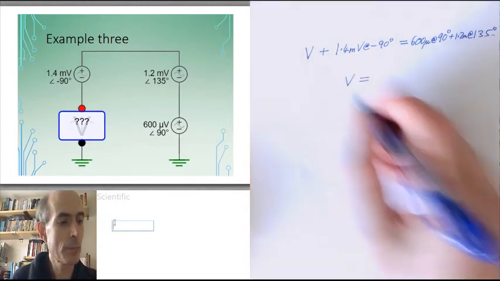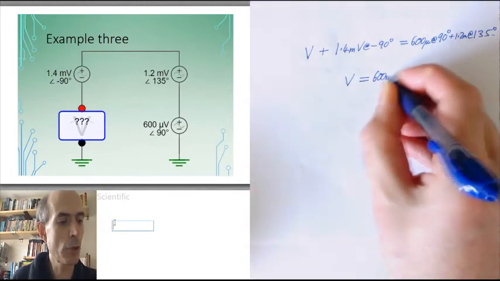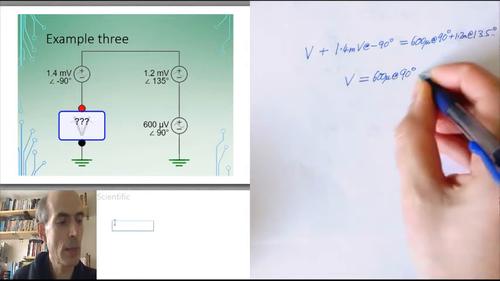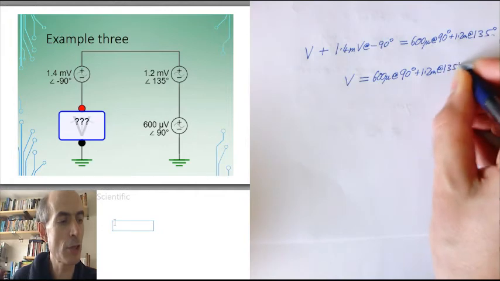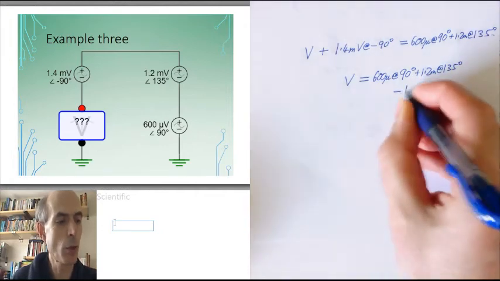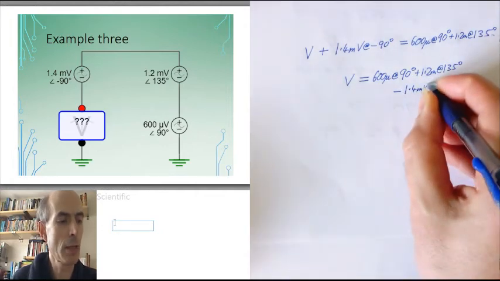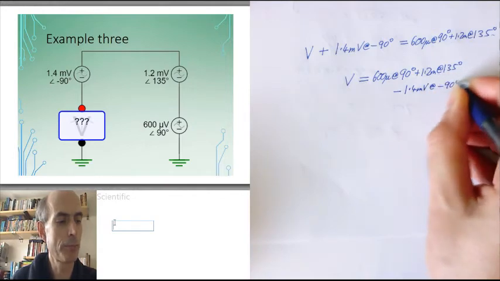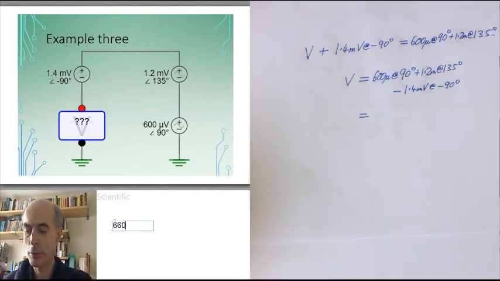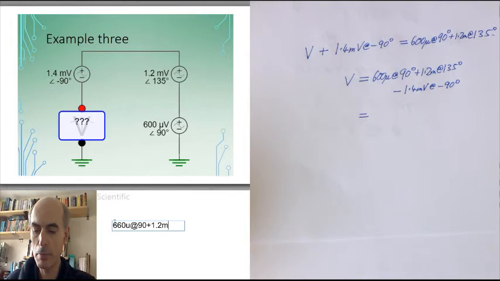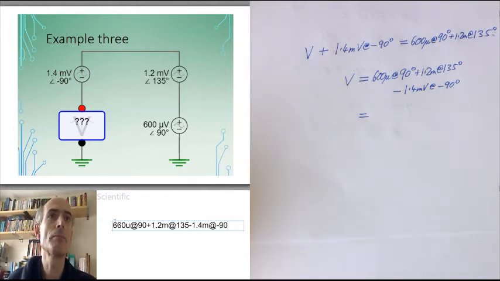We need to take 600 microvolts at 90 degrees, add 1.2 millivolts at 135 degrees, and subtract 1.4 millivolts at minus 90 degrees. That would give us 600 micro at 90 plus 1.2 milli at 135 minus 1.4 milli at minus 90, which is